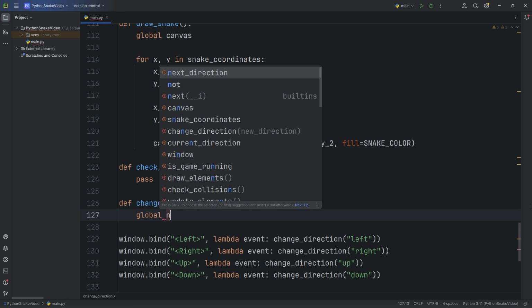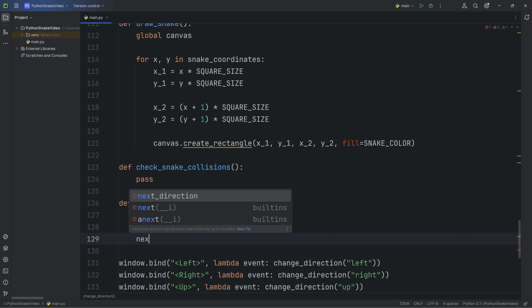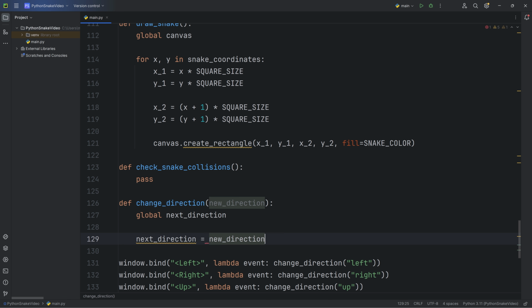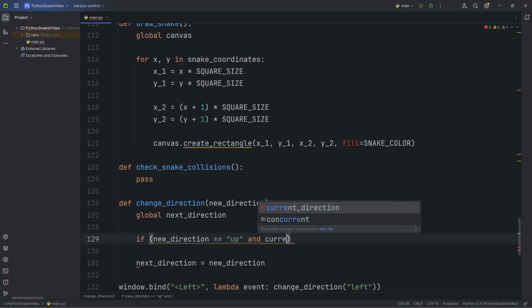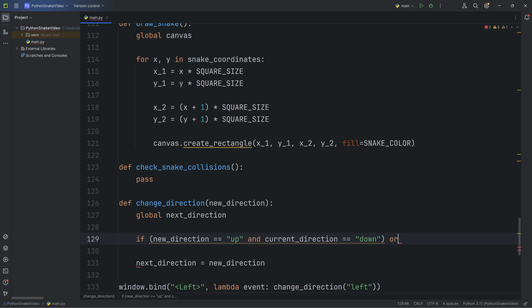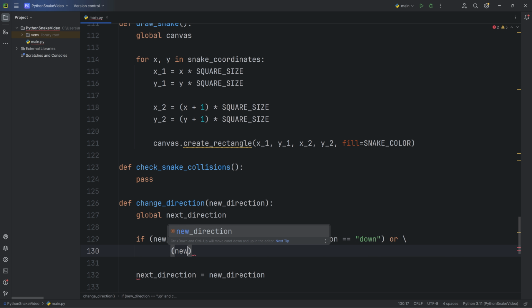Global next direction equals new direction. Now this code is fine, but if we leave it as it is, the snake is able to turn in the complete opposite direction, which is something that we do not want. To fix this, add if new direction equals up and current direction equals down, or new direction equals down and